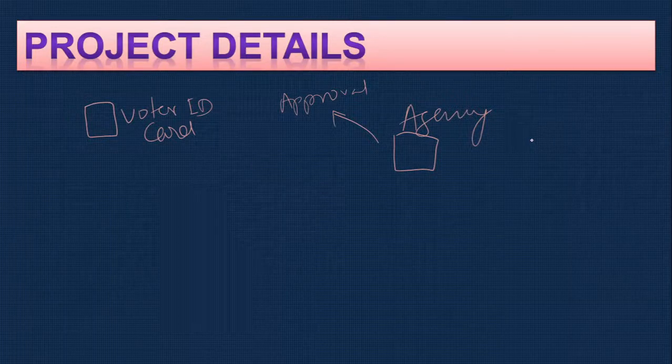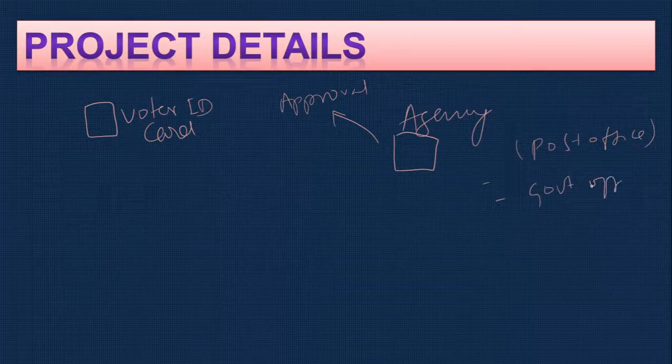This agency can be something like a post office, where we can go and get the card, or some government offices, or third party private employers. That depends on the particular state or country for which the permission is given. They can apply and get the permission, and then they can start to enroll. So here is the enrollment. They'll collect all the details from the person and then they'll enroll.